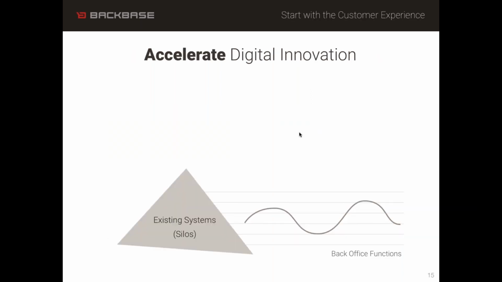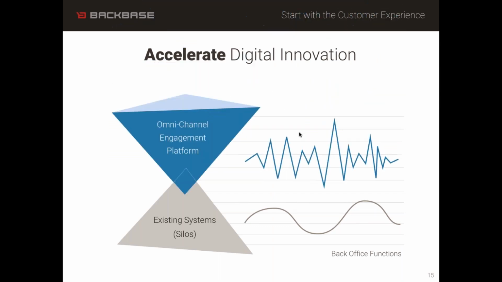Interesting. Yep. All right, so net, and then we can move on and maybe go to some of the demos. I think the end vision here is all about how we accelerate your digital innovation. I think most of the banks have plenty of existing systems, and the change capabilities of these backend systems are rather limited. So I think the future here is with an omni-channel architecture, and again, regardless of how you do it, the sole purpose is that it has to sit on top of your core systems. You cannot replace them. So as you can also see here in the diamond, security and application integration are critical components to make sure that you can actually continue to use your systems and they can continue to operate at a lower innovation heartbeat.